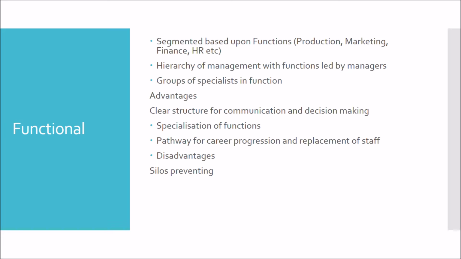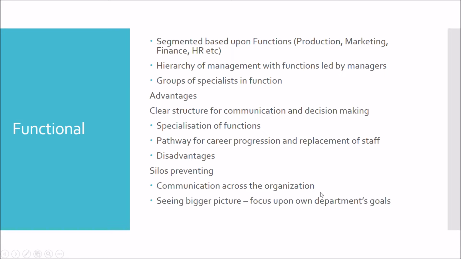Well, the key disadvantage of functional organisations is that we can have silos across these different functions. So the HR department might decide to set up a whole series of processes that are great for the HR department, but not great for everybody else. So we can have issues in terms of communication across the organisation. Does the HR department not talk to anybody? Or does production consider itself the most important department, and therefore tell everybody else to get knotted? We have communication issues across the organisation.